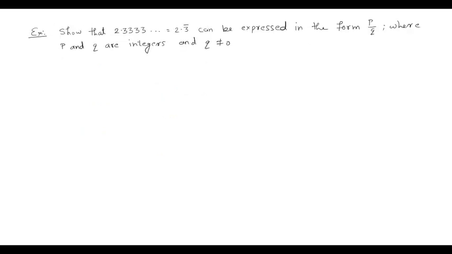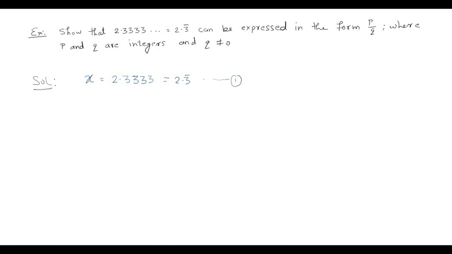So the next question can be: show that 2.3333... can be expressed in the form p by q, where p and q are integers and q is not equal to 0. Let us assume that x is equal to the given number, that is 2.3333... Since one digit is repeating, a block of one number, we will multiply both sides of the equation by